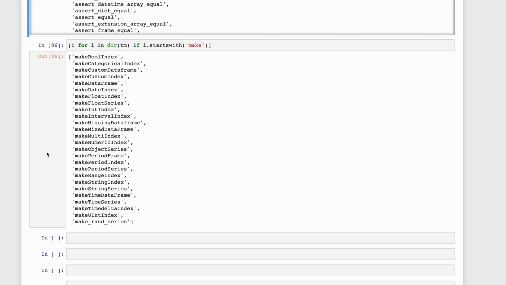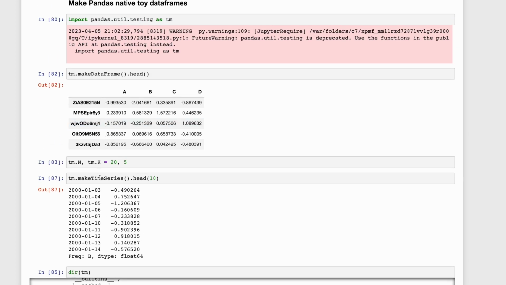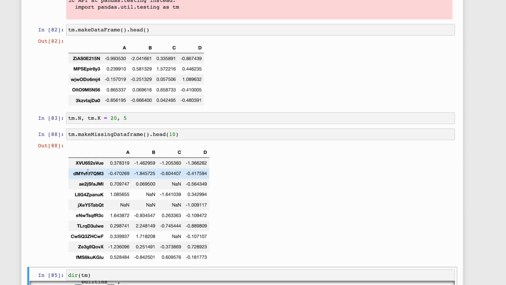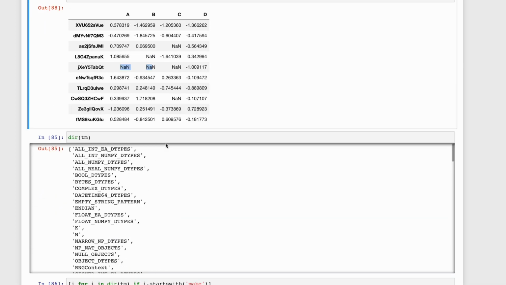Let's try one more thing. Which one should I try? Missing data frame. Okay, let's try the missing data frame. It will give you some NaN values. Suppose you want to play around with NaN values and see how they work, you can generate this. Cool, right? With that being said, I think I have come to the end of all 20